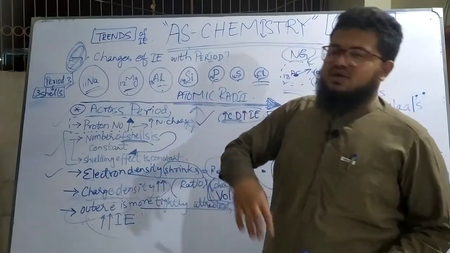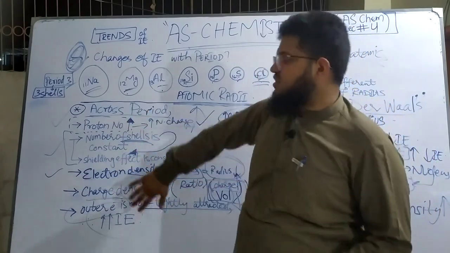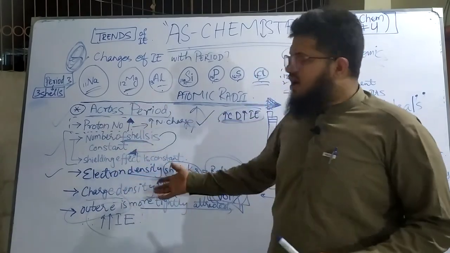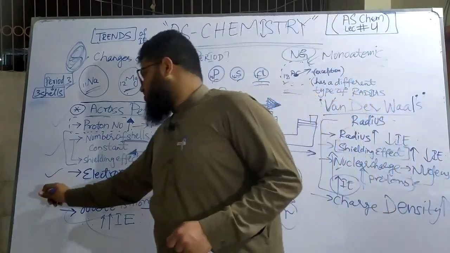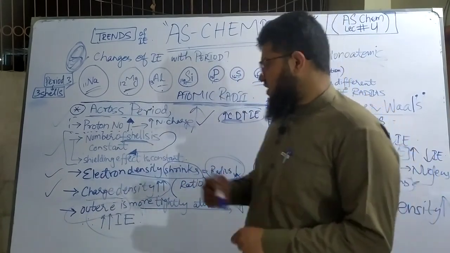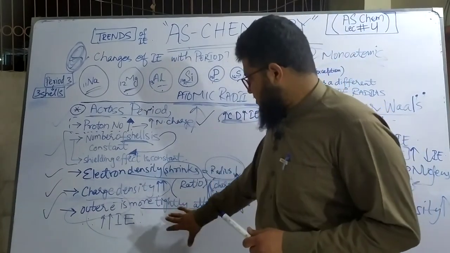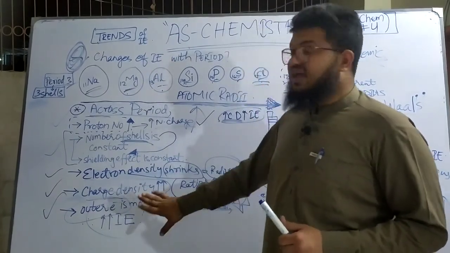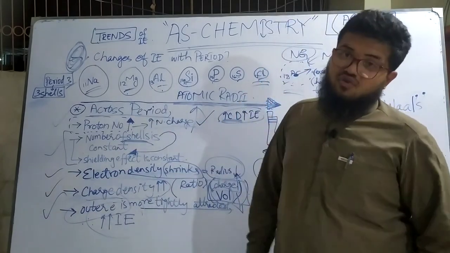If it's not for 4 marks, then it may be an either-or situation, either you write one statement or this statement, and you'll get the mark. But still, to be on the safe side, I would suggest you write it down in your answers. 4 points, 4 marks, and then of course